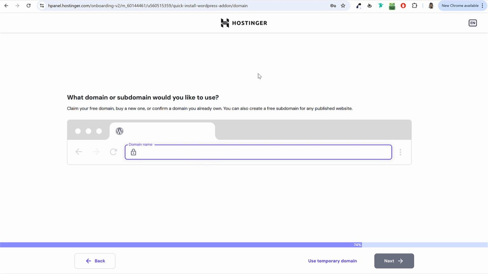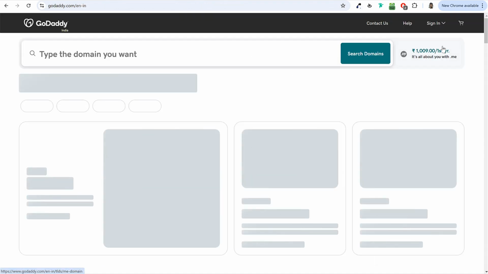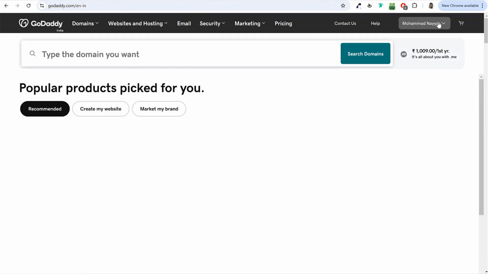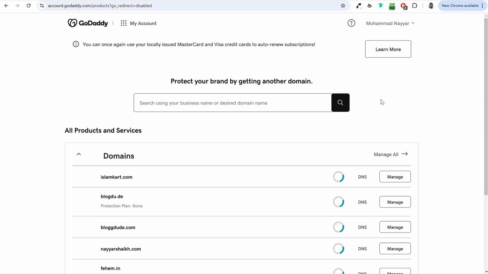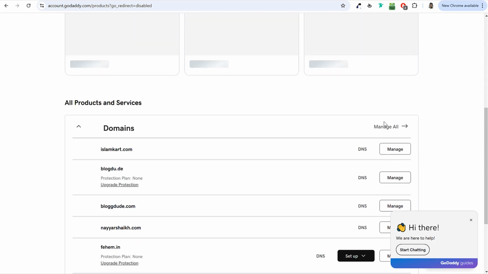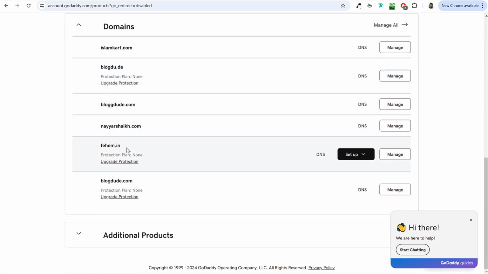For example, let me actually go to GoDaddy.com. I have a domain name over there. Now if I log into my GoDaddy account, whether you're using GoDaddy, Namecheap, or any other option, the steps are all the same. Whatever domain name registrar you're using, you will see these options. You will see your domain names, and beside every single domain name, you will see this DNS option. So for example, if I want to use this domain name, fahem.in, I'll first of all copy this domain,